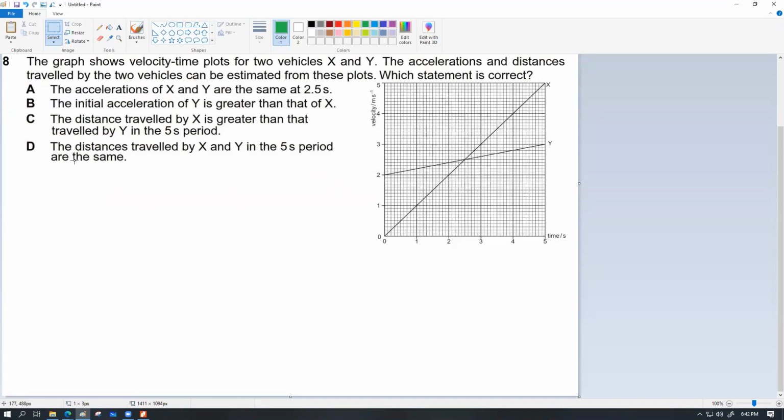So the distances traveled by x and y in the period of 5 seconds are the same. This is the correct response by all means. Did you understand? About the equal areas I was saying, if you have a look at the triangle shape over here, on the left half, for this much part, the trapezium has this much triangle more compared to the triangle, whereas on the right side,